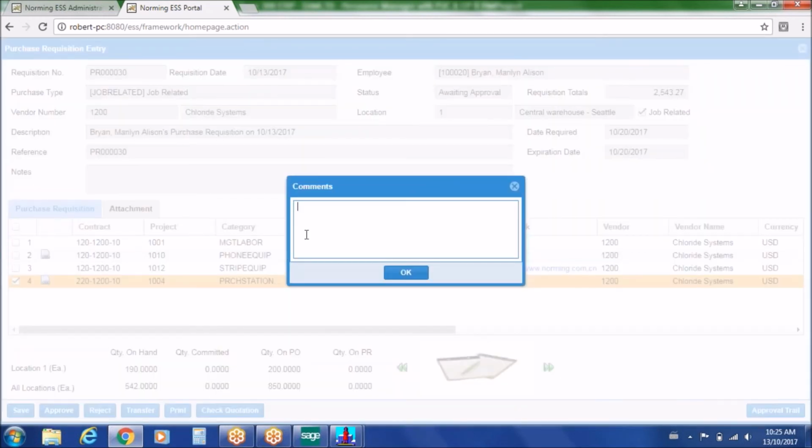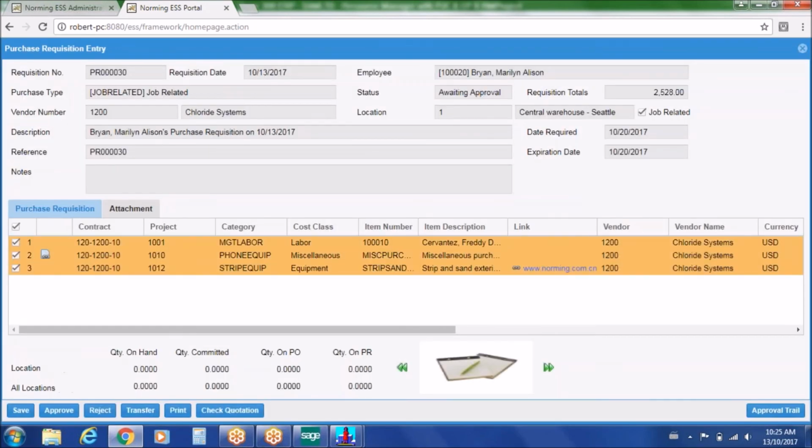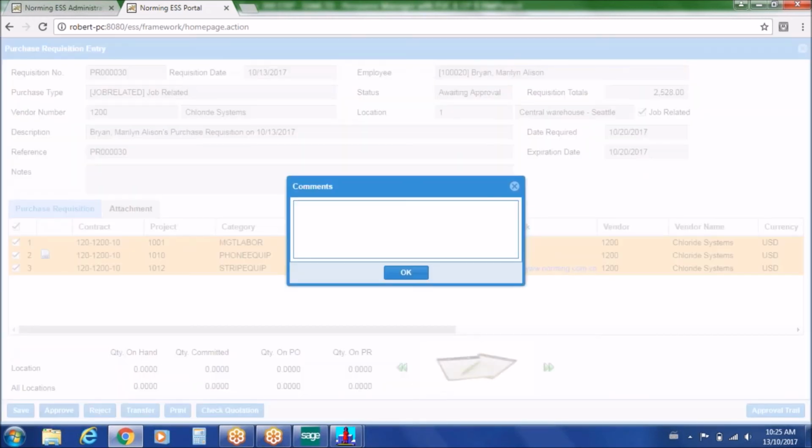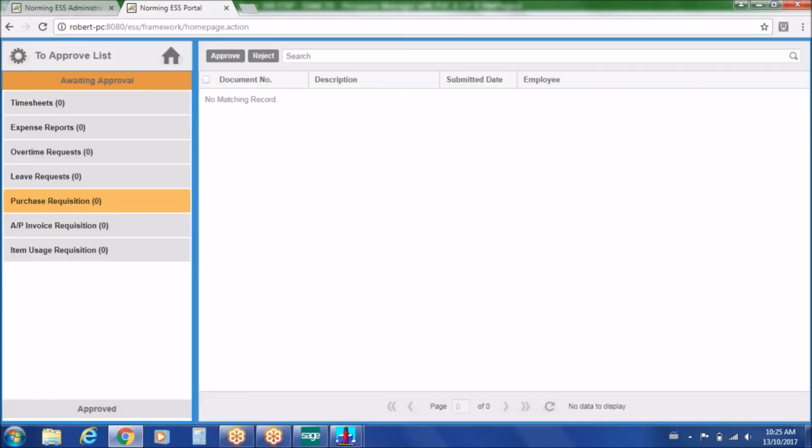And once they're ready, they can just simply say, okay, this looks fine, and this item gets approved. So these are line item details that are getting approved, and then we could go in and say, well, do we want to approve all of these? Say okay. So as I talked about the fact that we can do approvals at a line level or a